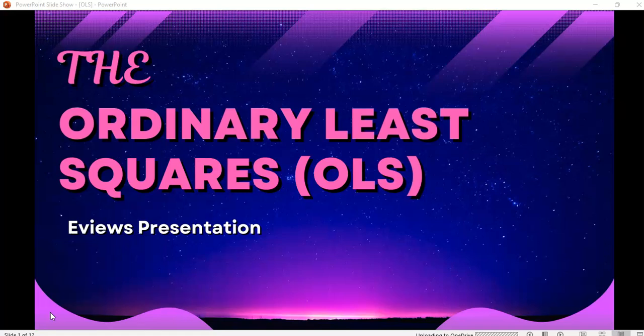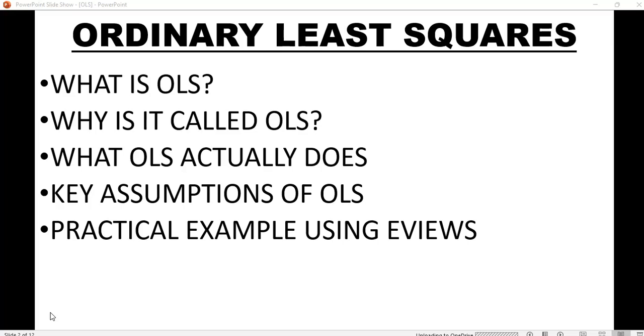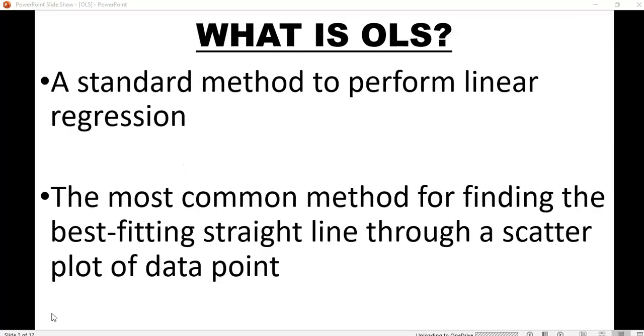We'll be presenting ordinary least squares through Eviews, and we're going to look at what ordinary least squares is. We're going to look at why it is called ordinary least squares and what OLS actually does. We're going to look at the key assumptions of OLS and a practical example using Eviews. Now, OLS is a standard method to perform linear regression. OLS is also the most common method for finding the best fitting straight line through a scatter plot of data